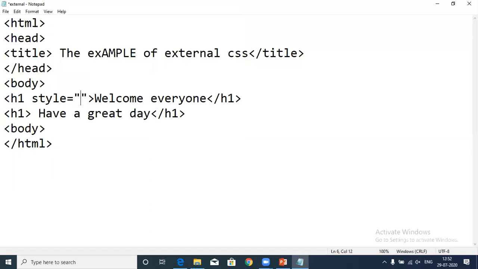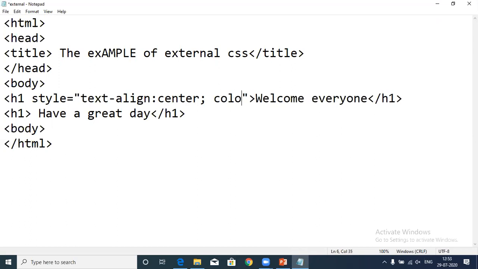First I'm going to define the property text-align, which is used to align the text to center, right or left. So I'm aligning the text to center. After that I'll put a semicolon and change the color of the text to olive. Any color of your choice you can write here.